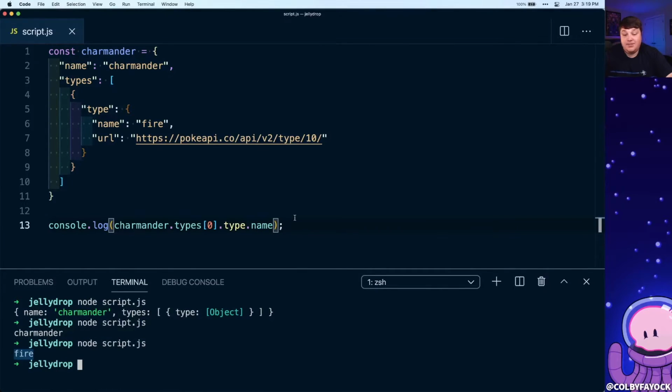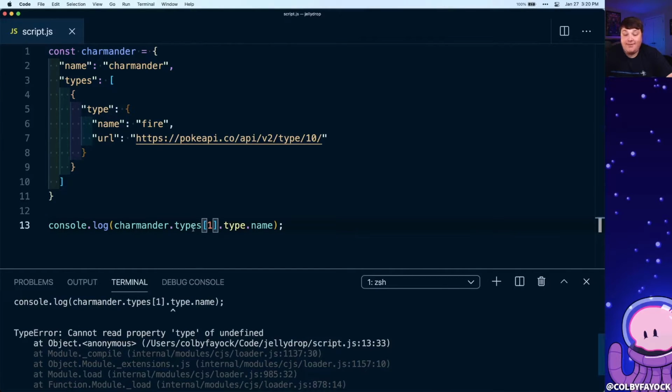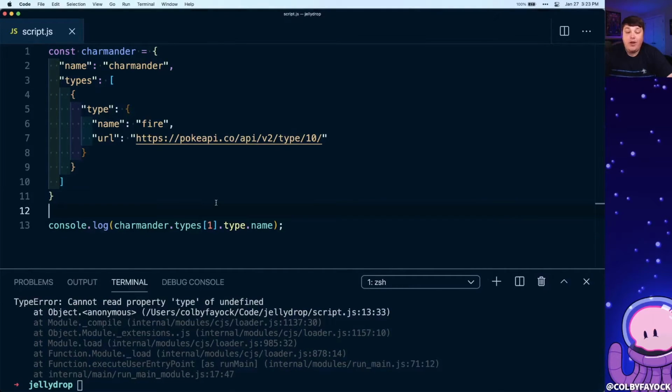But say in this example, I wanted to update this to log out the second item in that array, which we see here that it doesn't actually exist. Now if I run that script, we're actually going to get an undefined because we don't actually have that second item in that array. Now one way we can prevent that error from happening is adding an if statement, and